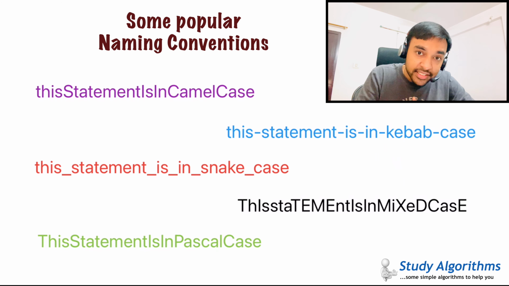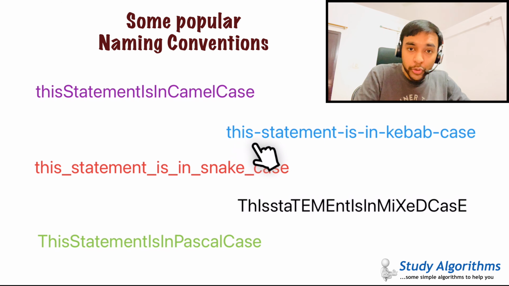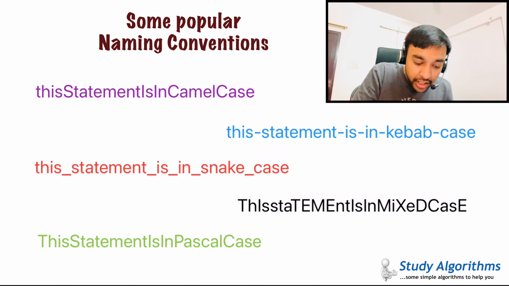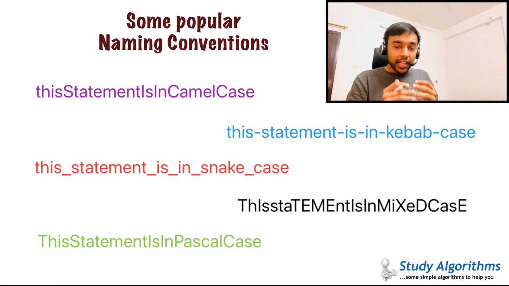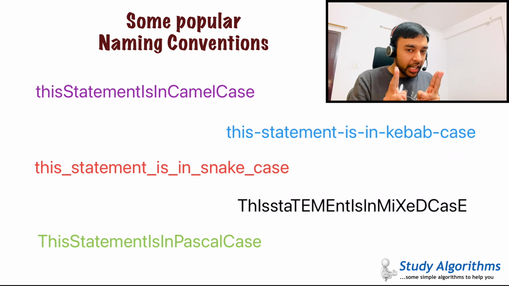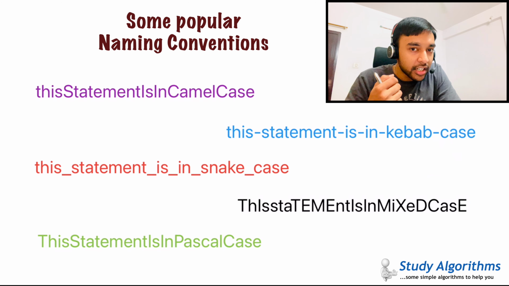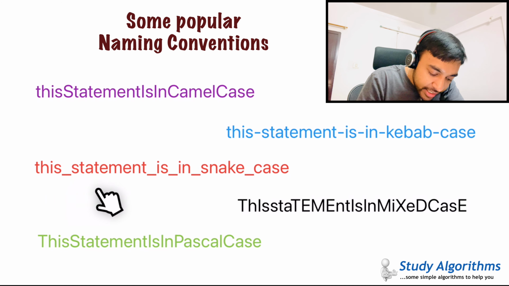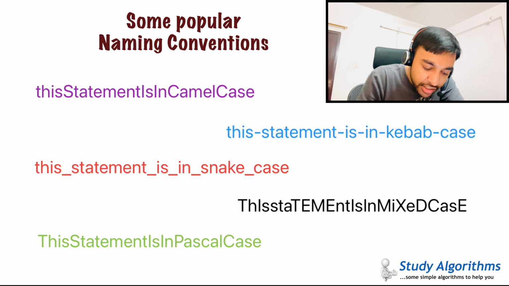One of those ways is a kebab case or a dashed case. In this case, you separate out all of these words using a small dash in between. As you can see, there is a dash over here, over here, over here, over here, and ultimately over here. You can see the difference between these two naming conventions, right? So what happens if you replace this dash with an underscore? Then it becomes a snake case. If you look at this example, you can see that all of these words are separated by an underscore.